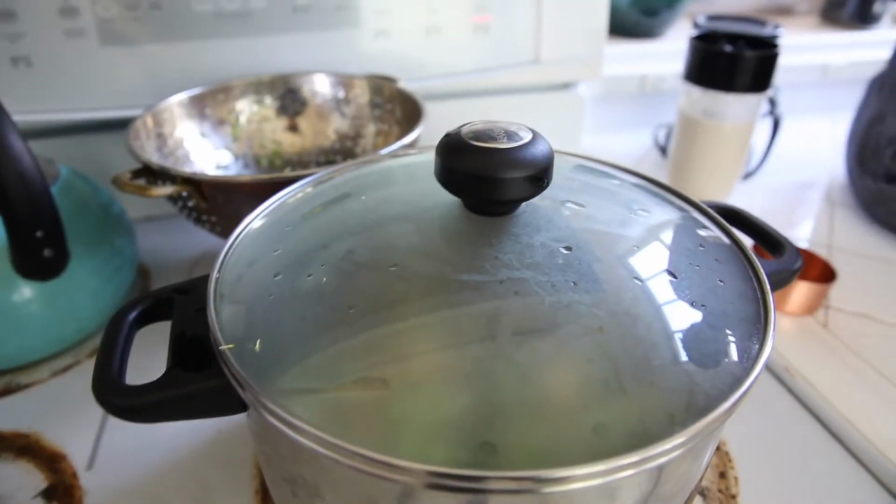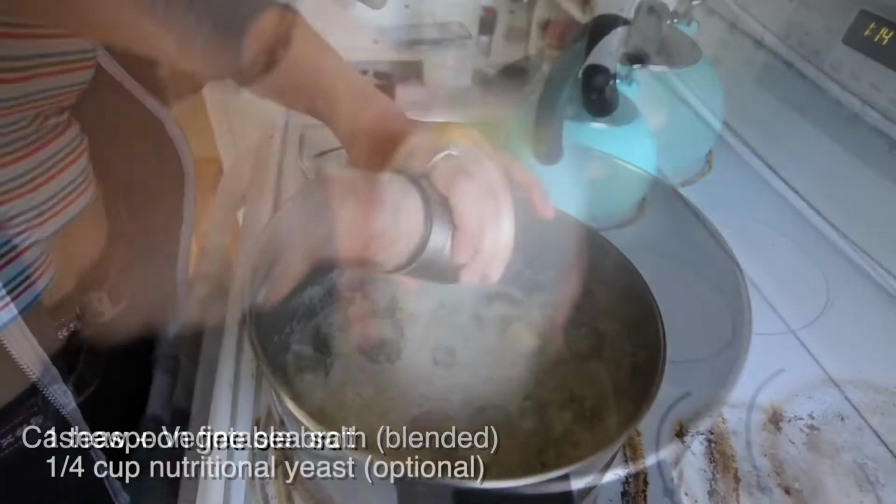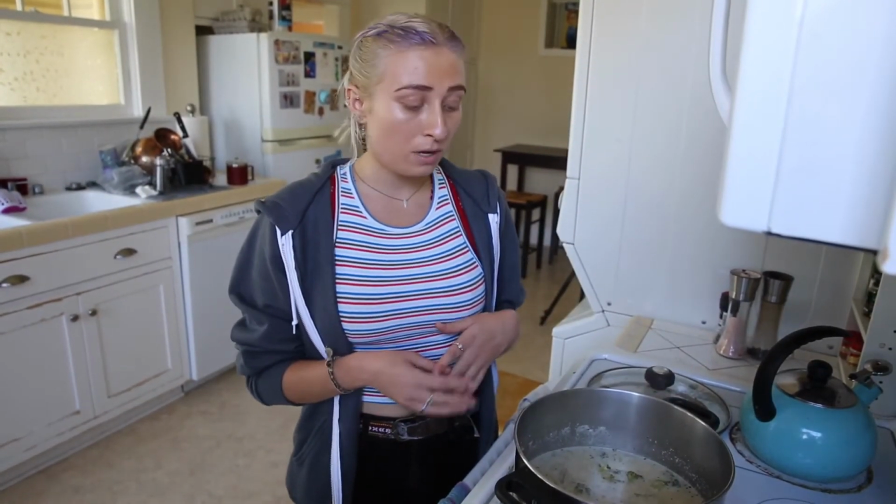Alright, we just had the broccoli soup simmer for around 10 minutes, and now we're gonna add in the cashew mix and nutritional yeast and some salt. If you prefer a more smooth soup, you can blend half of it in the blender and then put it